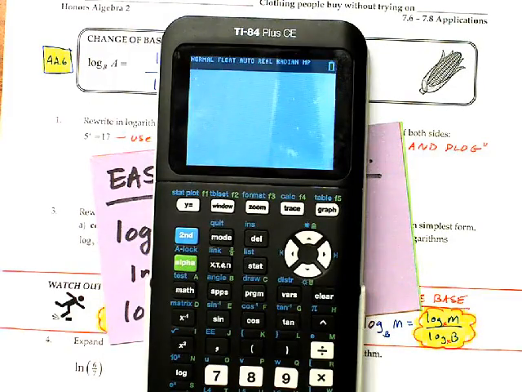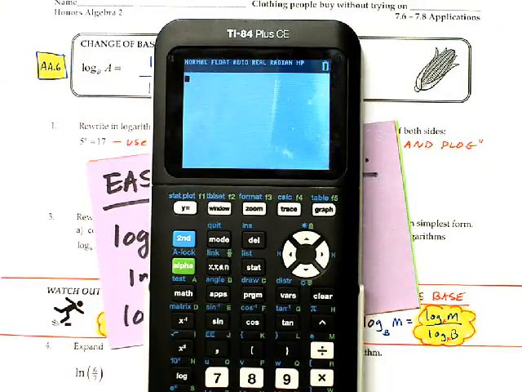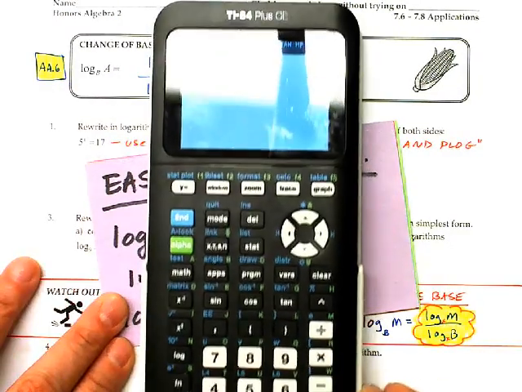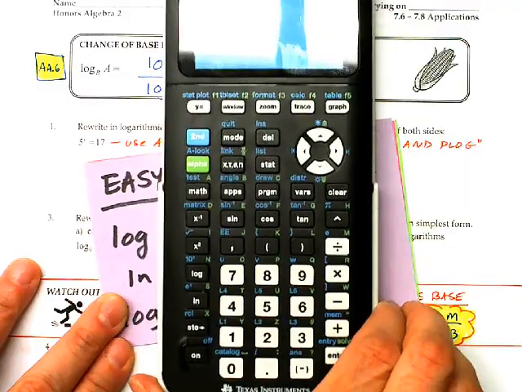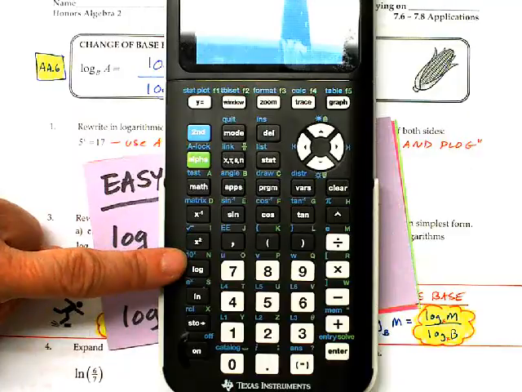Hey, what's up, Honors Algebra 2? We're going to learn a few calculator tricks so we can use them to solve exponential equations for messy, messy decimals. If you look at any standard TI-83, 84, or 85 calculator, you'll see a dedicated button for the